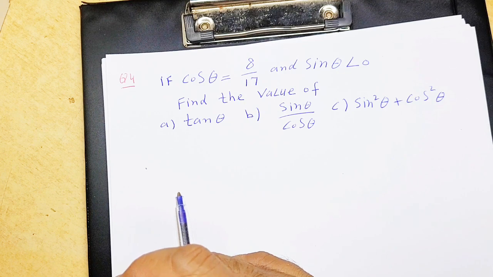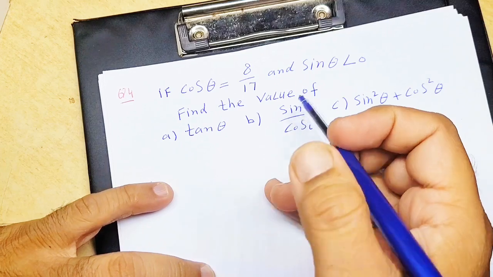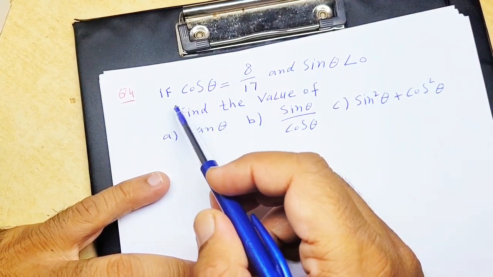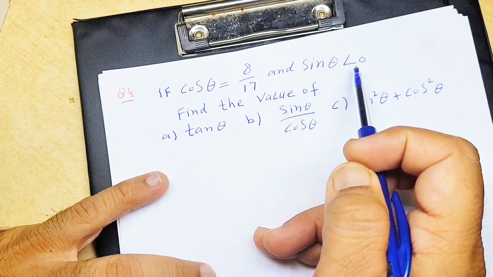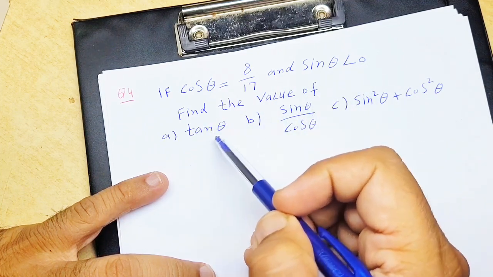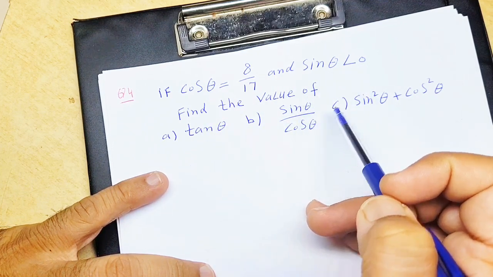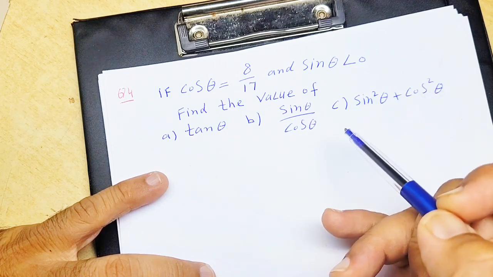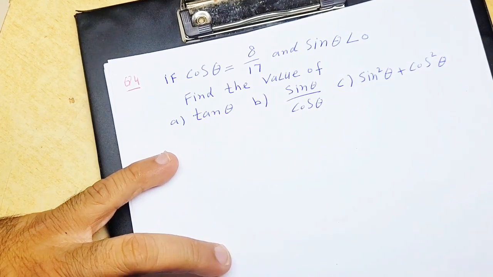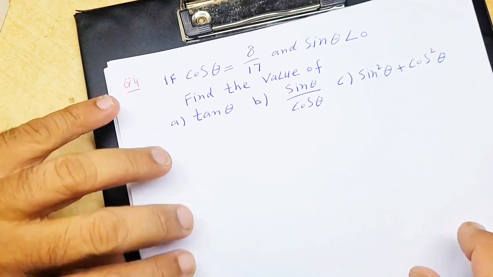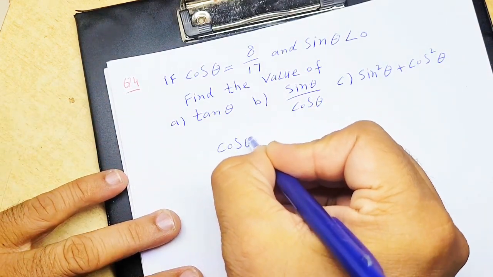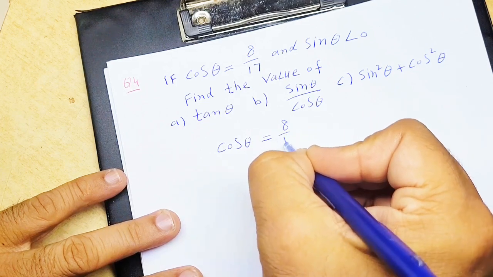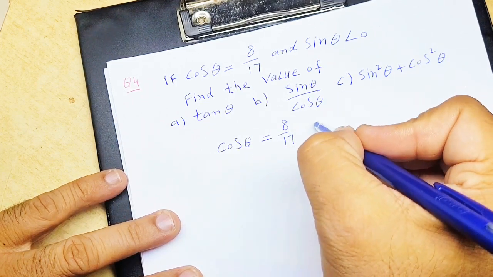I'll show you the last question about the cos diagram, and this is an exam question. The question says if cos theta is equal to 8 over 17 and sin theta is less than 0, find the value of tan theta, sin theta over cos theta, and sin square theta plus cos square theta. So how are we going to solve this question? Here, cos theta is 8 over 17, and then we have